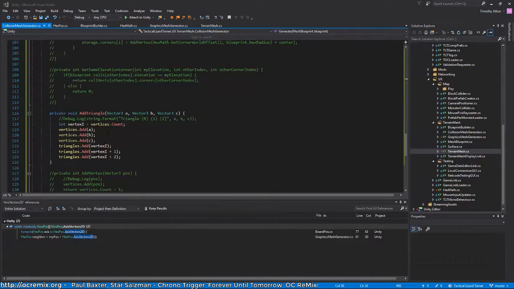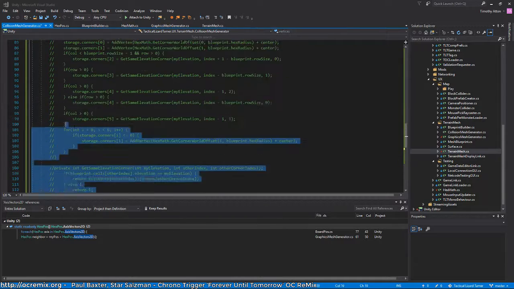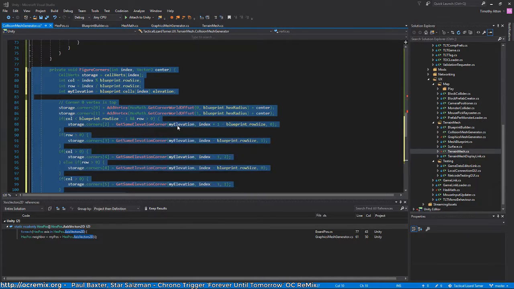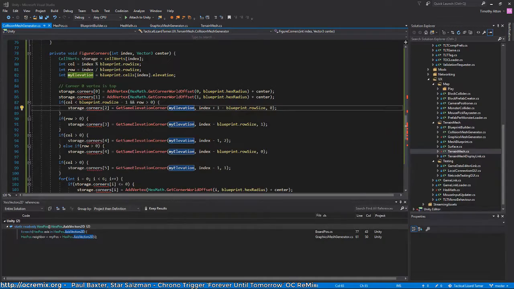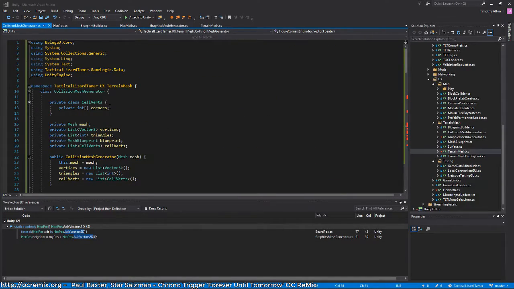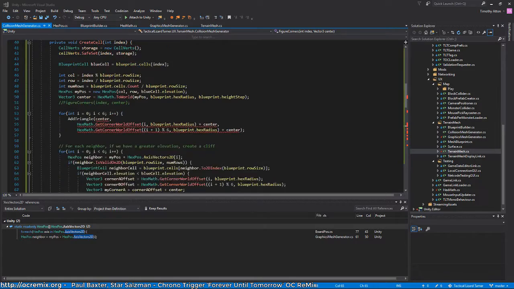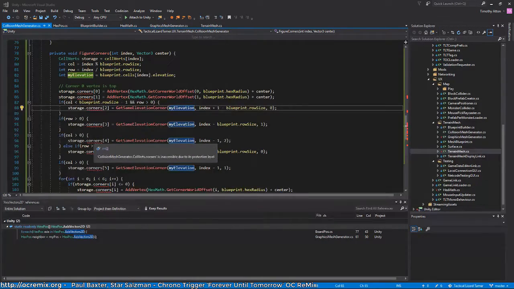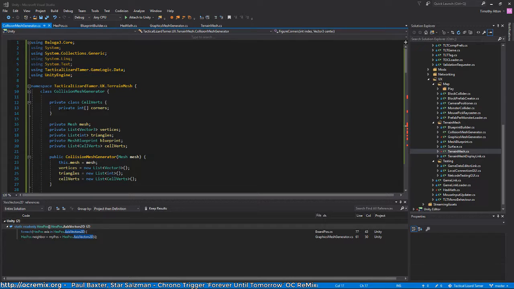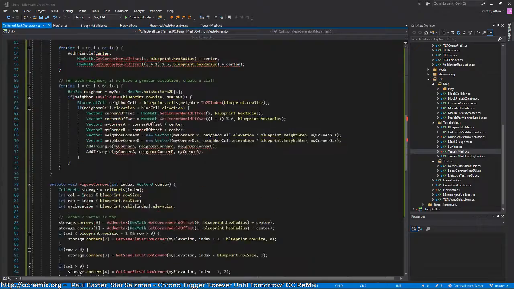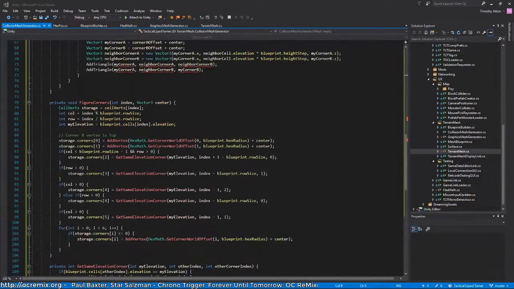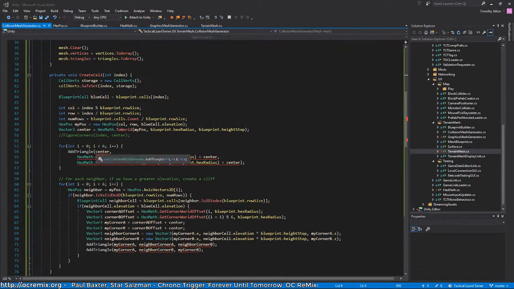Okay, so I need to get rid of this and bring back these functions. I thought I just added back the corners. Oh, I made it private again. Let's get rid of this so I can actually see. So all this is the same. And yeah, this is where I find the corners, so all I have to do here is figure corners, and then I've just got to